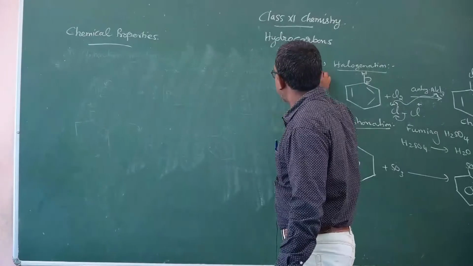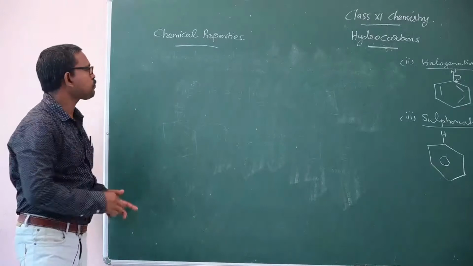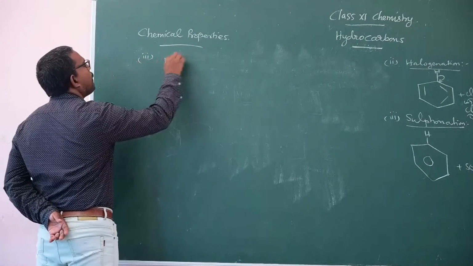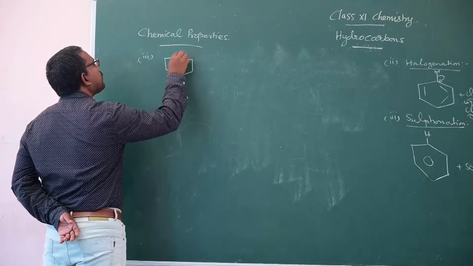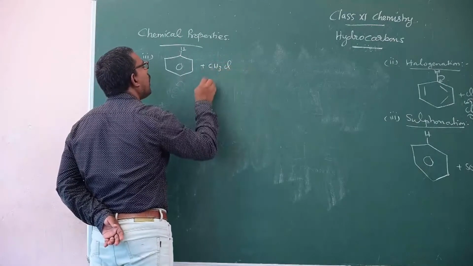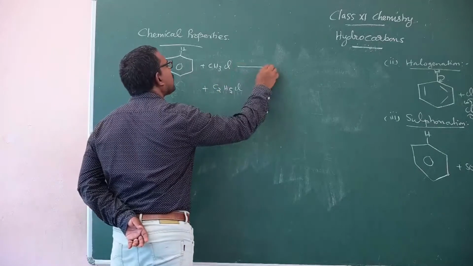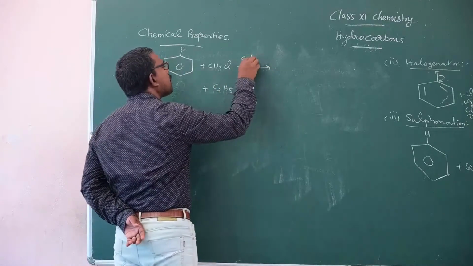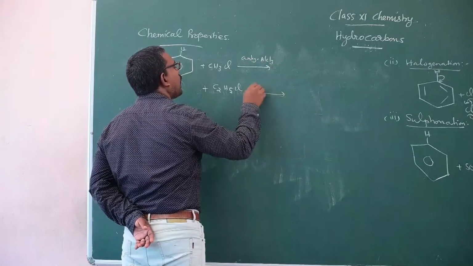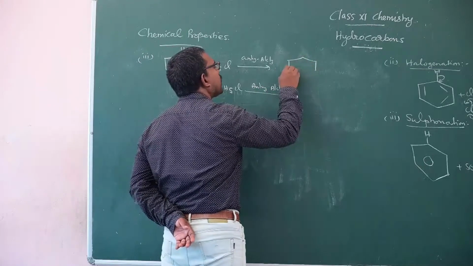The Friedel-Crafts alkylation reaction means benzene reacts with either methyl chloride or ethyl chloride in the presence of anhydrous aluminum trichloride. It gives methyl benzene or ethyl benzene,